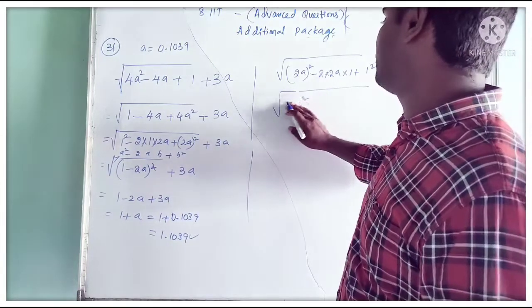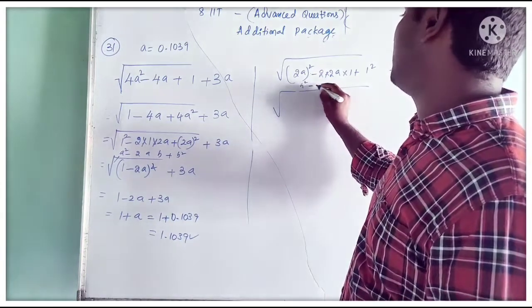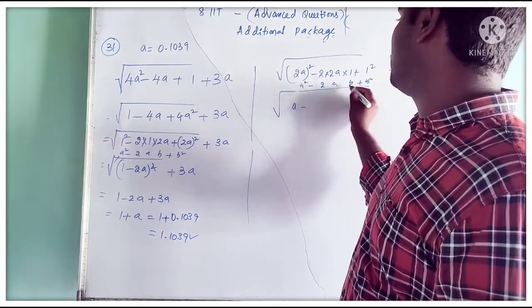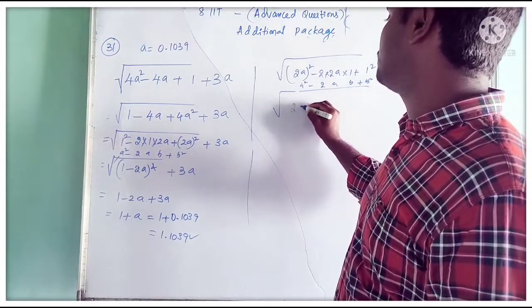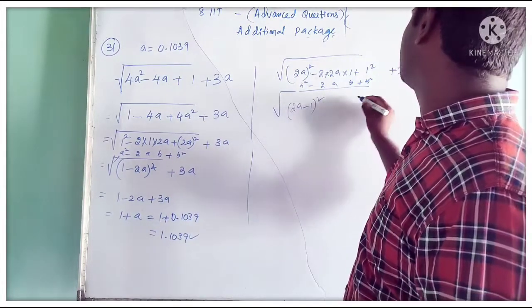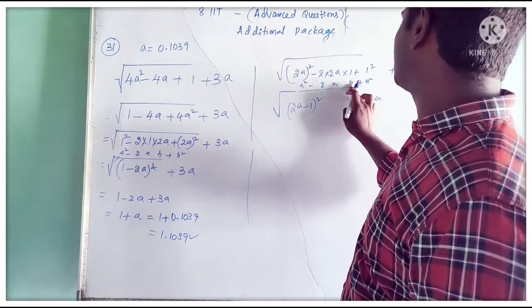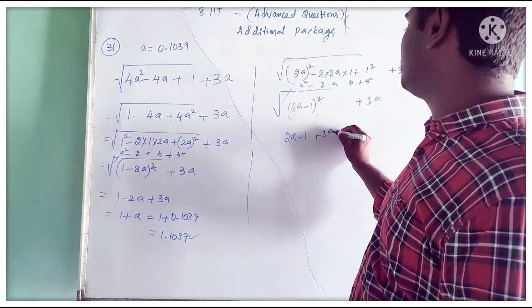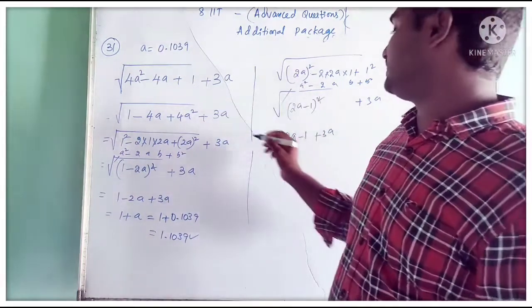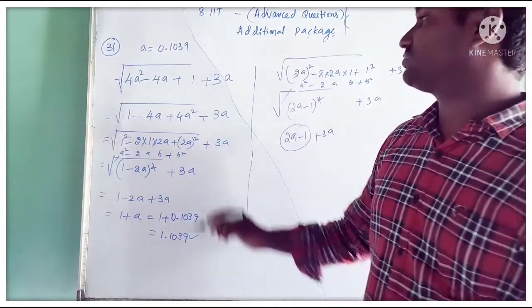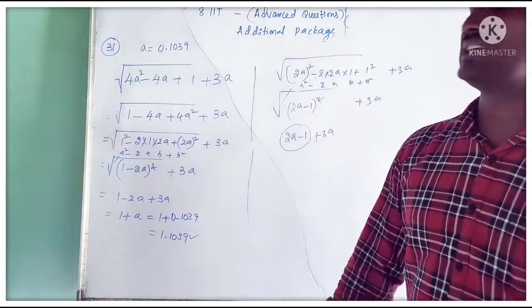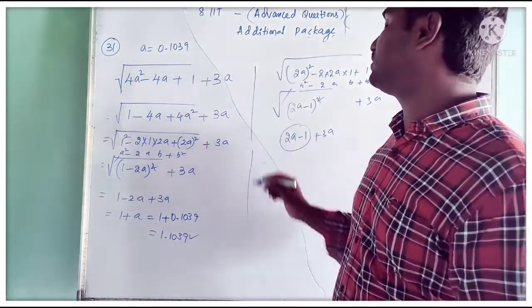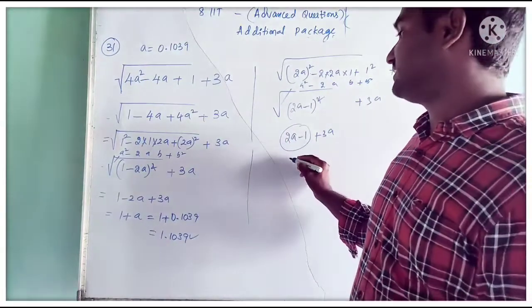This is in the form a square minus 2ab plus b square, which is a minus b whole square, where a is 2a minus 1 whole square, plus 3a. So the square root cancels: 2a minus 1 plus 3a, you may do. So 2a minus 1 is the square root of 4a square minus 4a plus 1. If you take a equal to 0.1039,